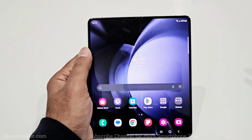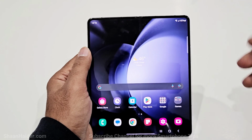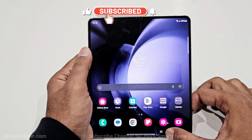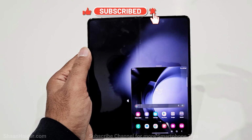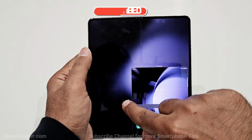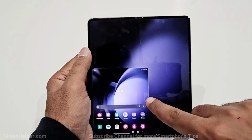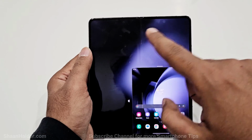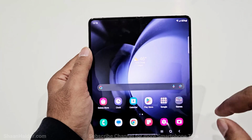So now let's say the one-handed mode is activated, and if I want to use it, all I have to do is just tap twice on this home button here and the screen will be reduced. If I want to move it on left side, then all I have to do is just tap on this icon here, go back to right side. If I want to exit the one-handed mode, then you can tap anywhere on this empty screen and the one-handed